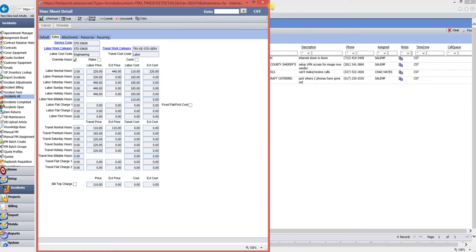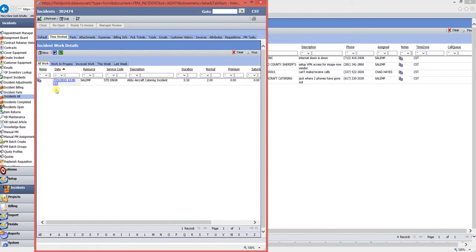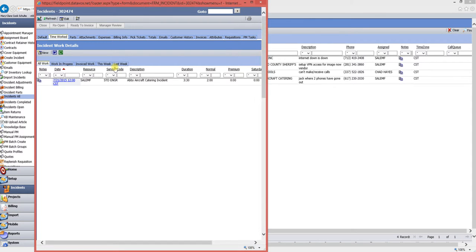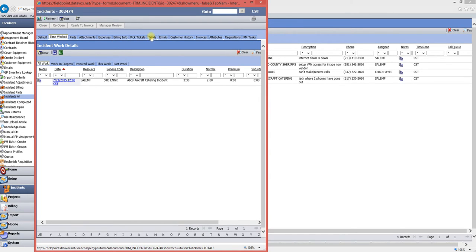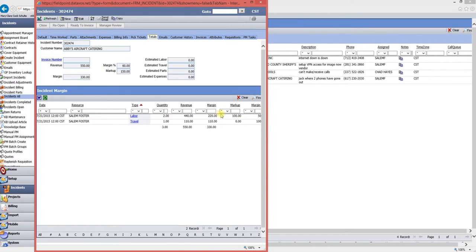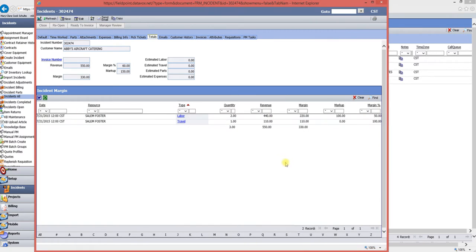When I click save, I can now close this and hit refresh and come over to my totals and now verify that my time is correct. So 2 hours of labor and 1 hour of travel for $110. And if I'm happy with this, I can come back to my default page,